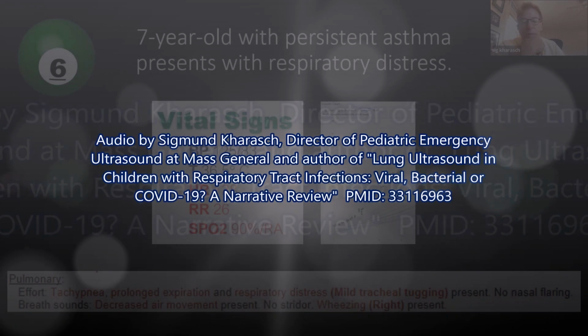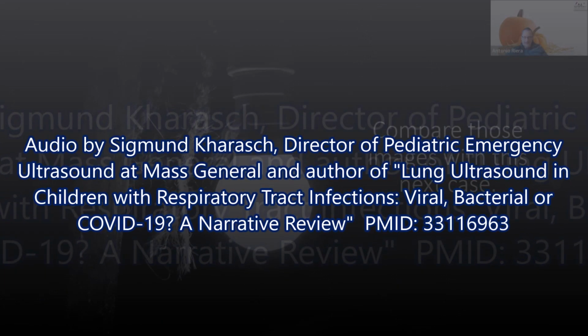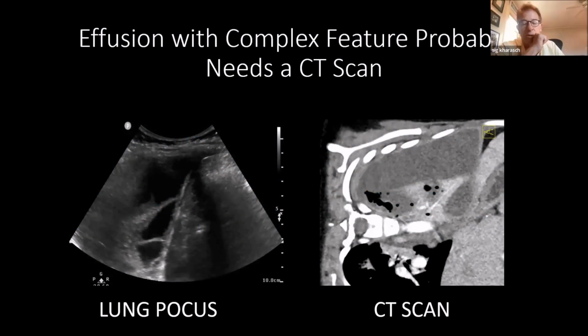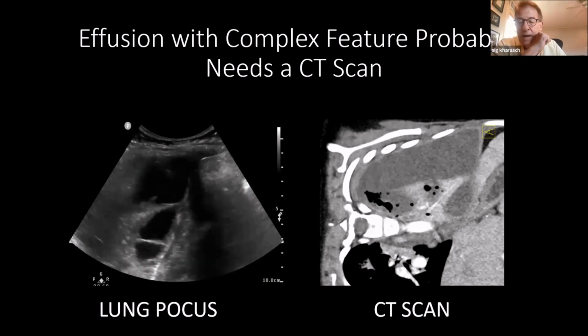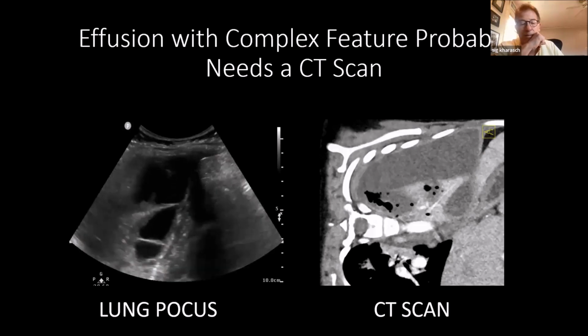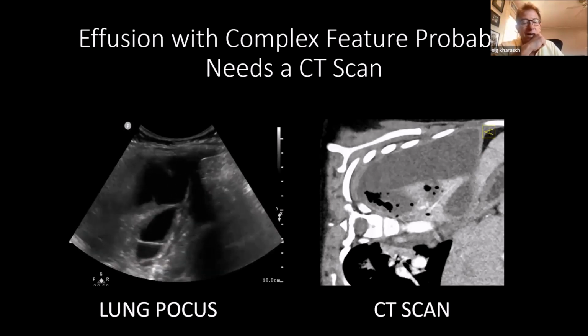Antonio, can I chime in? Please. Where do you want me to stop? On this case, the empyema and ultrasound. One is not all empyemas reach the pleural line, so you can miss them. But of those that do,